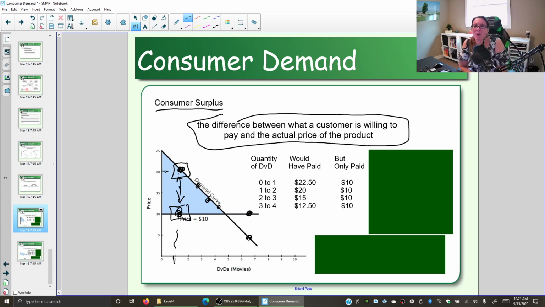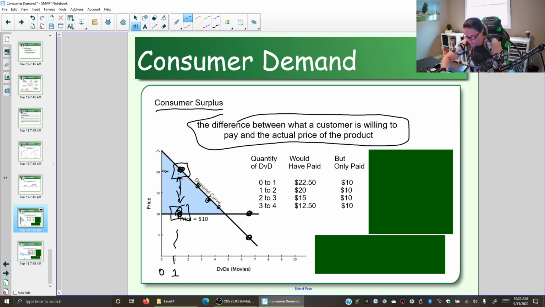All right. Well, you go to buy that first video. You're looking for entertainment, and we know that the marginal utility, the extra happiness, if we don't have something, that first one is really valuable to us. So that extra happiness, that marginal utility is high. So we're probably willing to pay more for the first item than we are for subsequent items. So according to this demand curve, when we go from having 0 items to 1, the amount we're willing to pay for that first item, if we go up here,